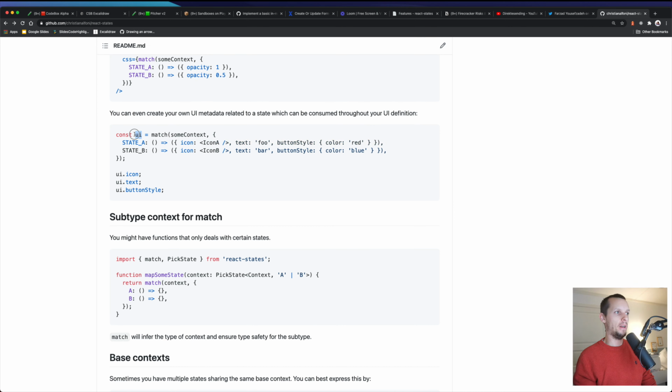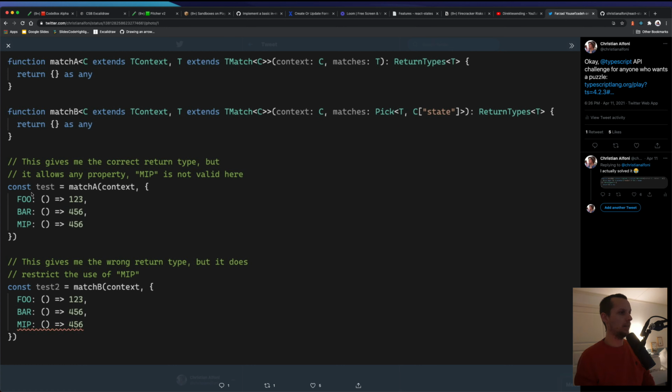But the problem with this one, as you can see here, is that this works. When I hover test, it does show me that the return type is number, but I only have the foo and the bar state here. So it doesn't yell at me when I add a state that doesn't exist, because it extends. It doesn't say it has to be tmatch, it just says it has to be at least tmatch.